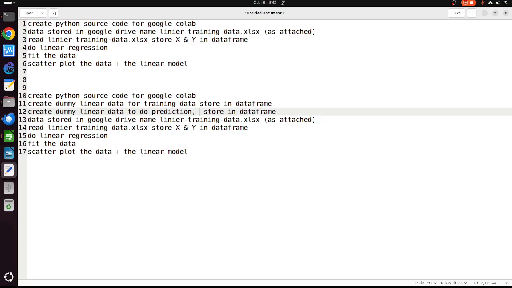Let me add something here. Create some empty values in the Y data. So some of the data has a Y value, and some of the data has no Y value.